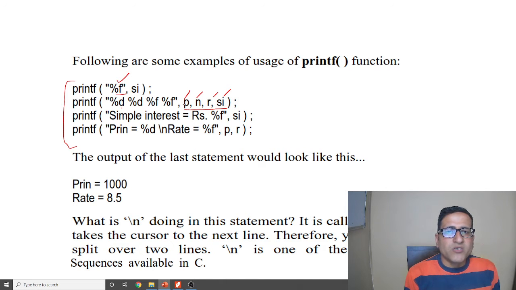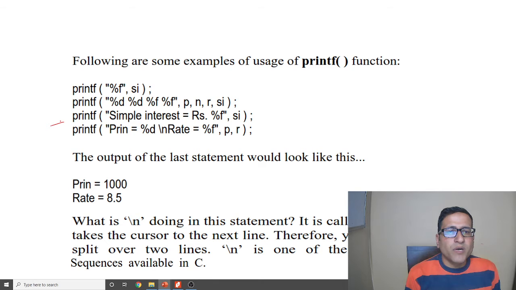If P is of integer type, we will write %d here, N is %d, R is %f and SI is %f. So in a single printf statement we will print all these four values.